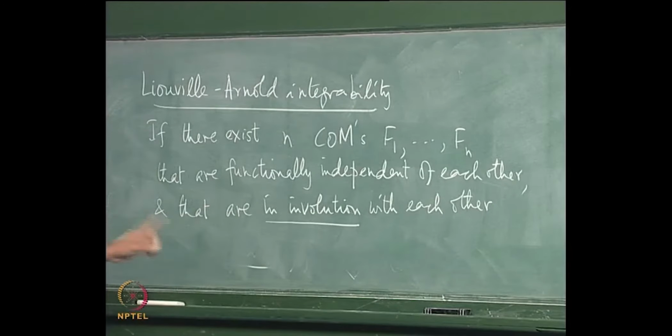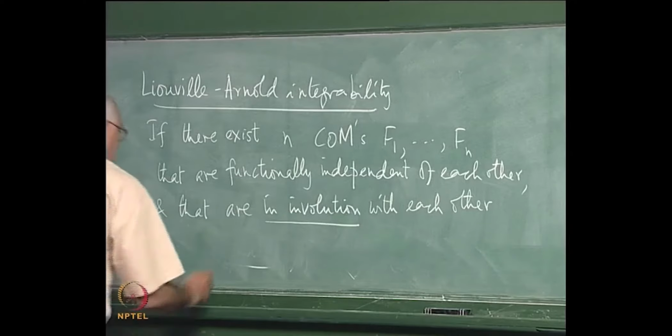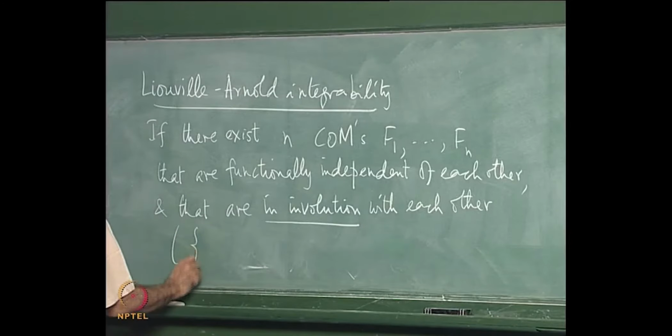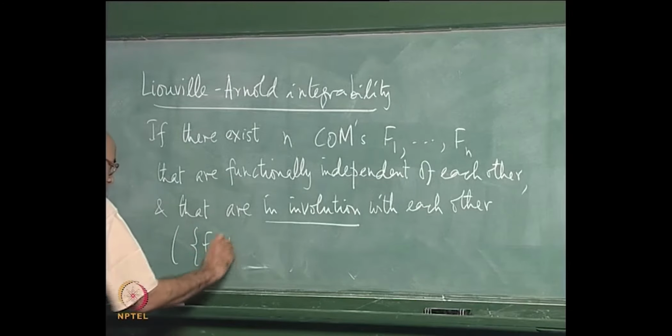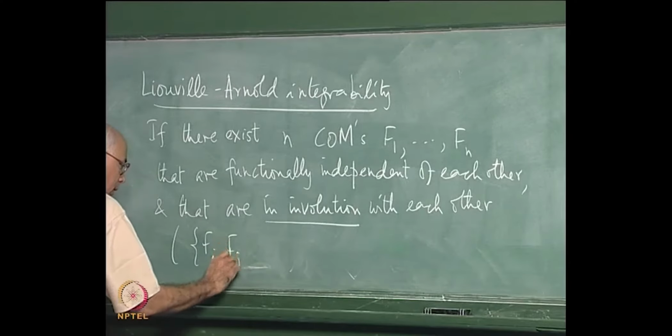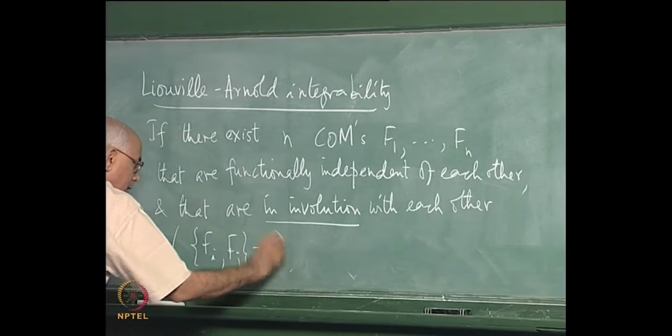The phrase in involution implies that the Poisson bracket of any two of these quantities is identically 0. In other words, this implies Fi Poisson bracket Fj is identically 0,